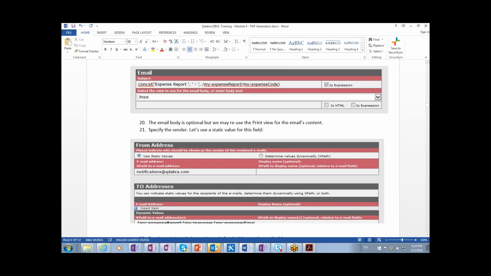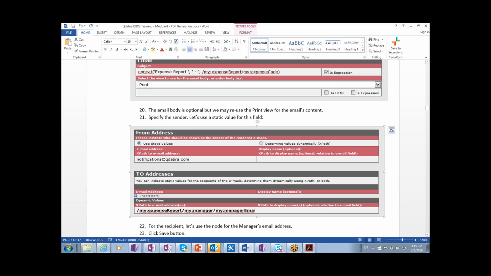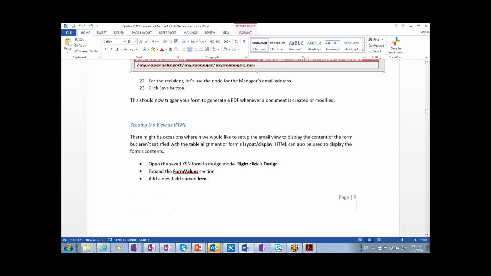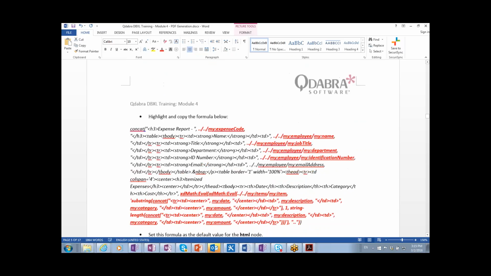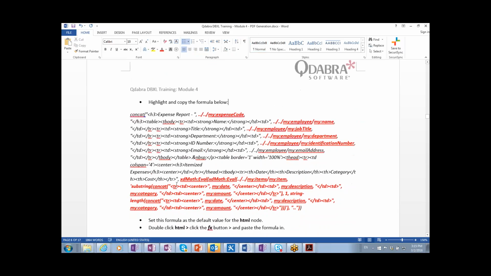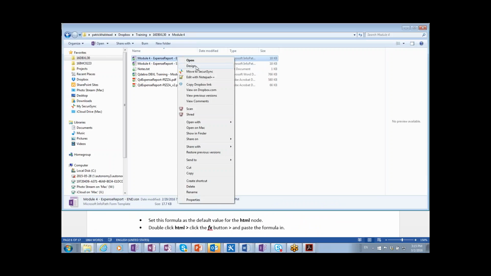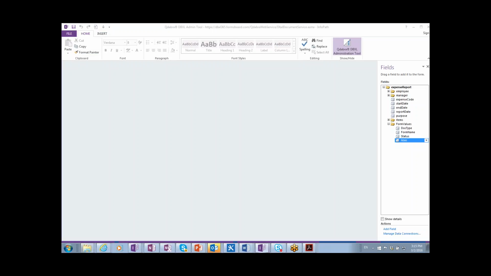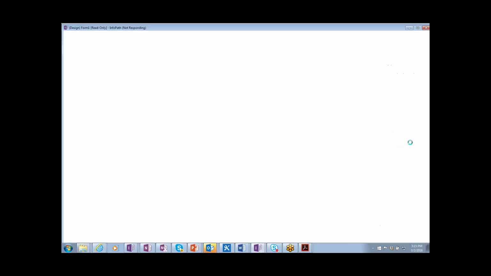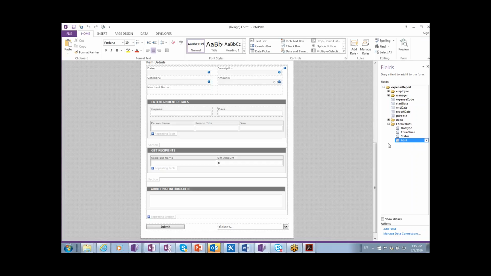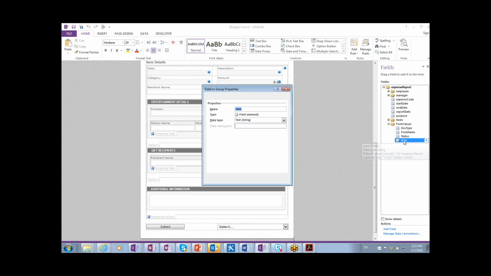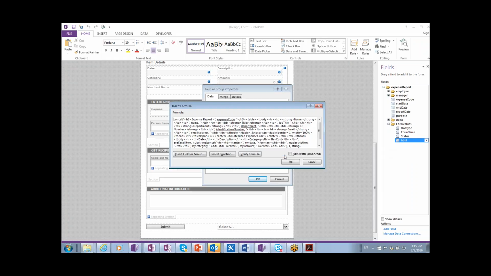Now, on page 6, it's going to have you configure this HTML view. So we actually do this in the form we create. Let me just show you in the form what this looks like. And we have a start and an end, so you can have a reference to the end result there. So in the form, if you look at this data source here on the right, you can see we've added an HTML field. And this field has an